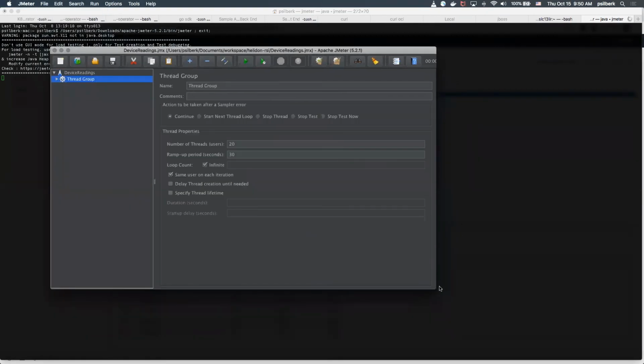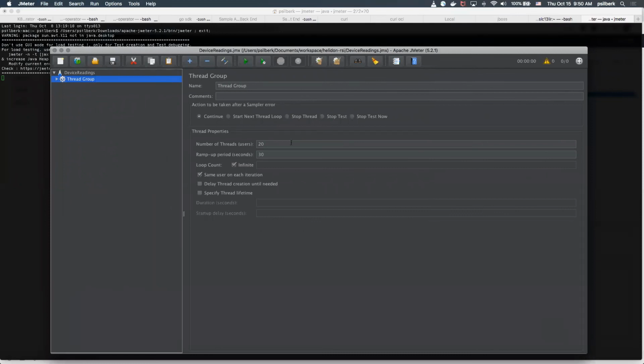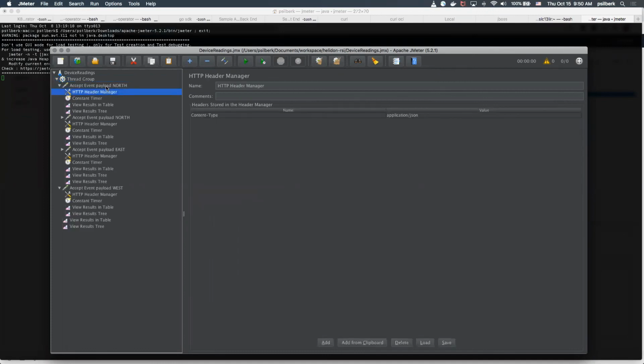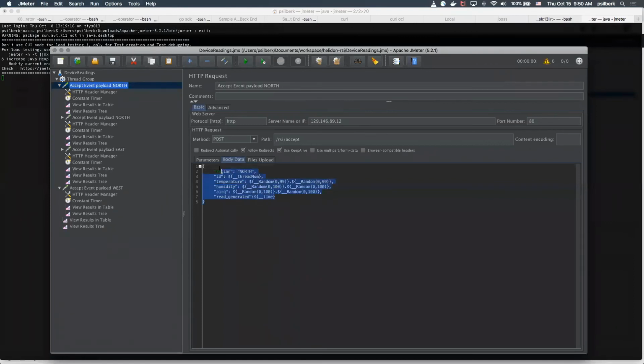So what I'm going to do here is create 20 concurrent threads that are going to send records to my service.